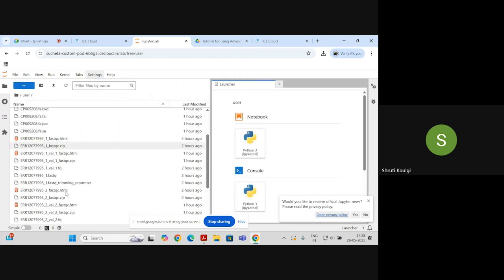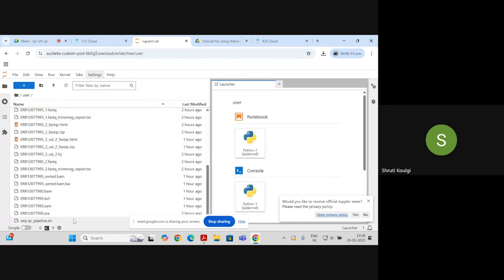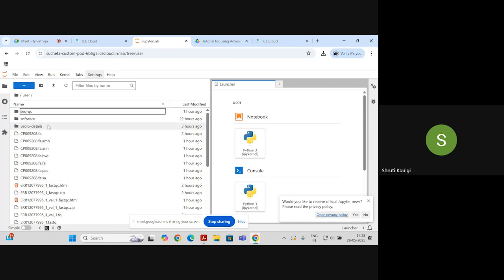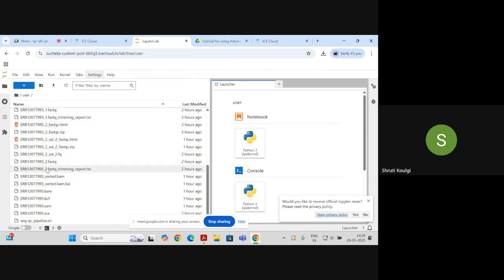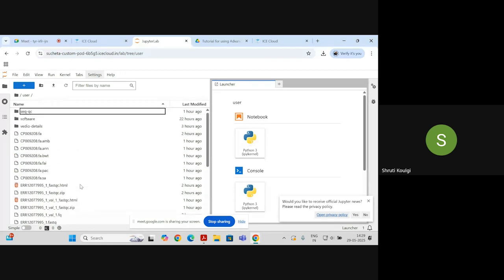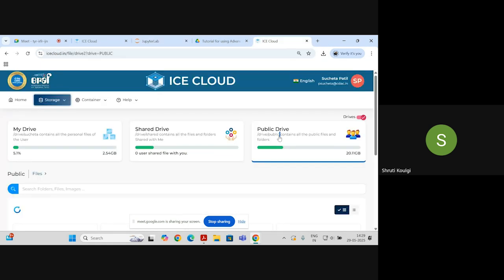whatever was your previous tutorial, all those files are over here. So suppose your previous user's name was Tina. So here it was Tina folder, and inside that all these files were being generated and accessed from. Instead of that, now we have renamed it as user. Now for this tutorial, we are going to use the public data. So I will just show you